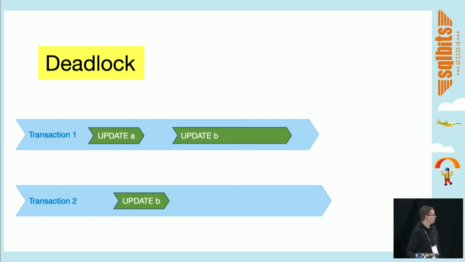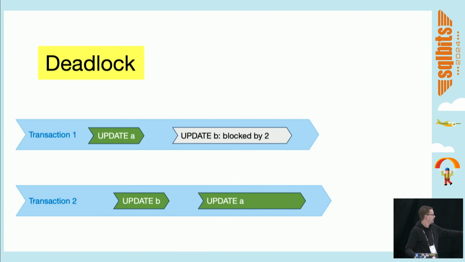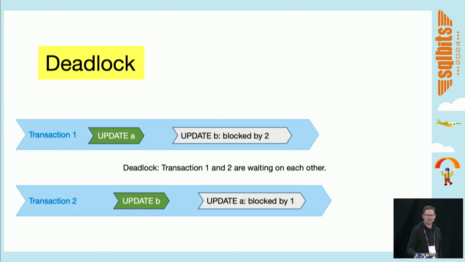Now transaction 1 wants to deposit the money from account A into account B. But account B is already locked because someone else was in their internet banking application, which means that transaction 1 is going to be blocked. Transaction 1 will wait for transaction 2 to finish. Meanwhile, transaction 2 wants to deposit the money into account A. So transaction 2 is going to be blocked by A, and transaction 1 is going to be blocked by, well, they're blocking each other, right? This is what's called a deadlock.